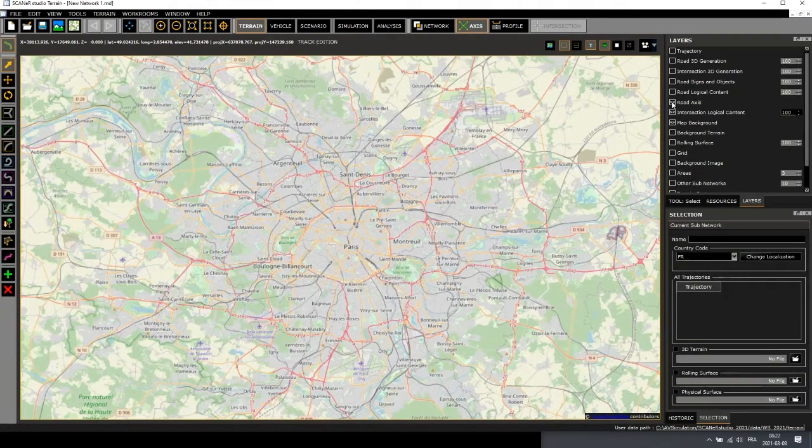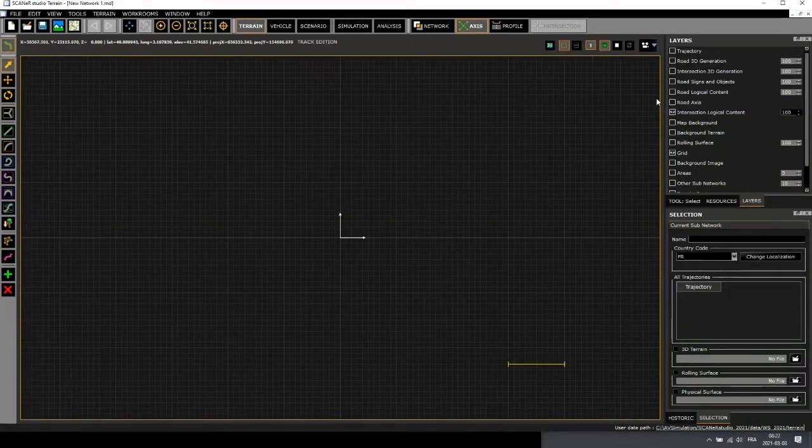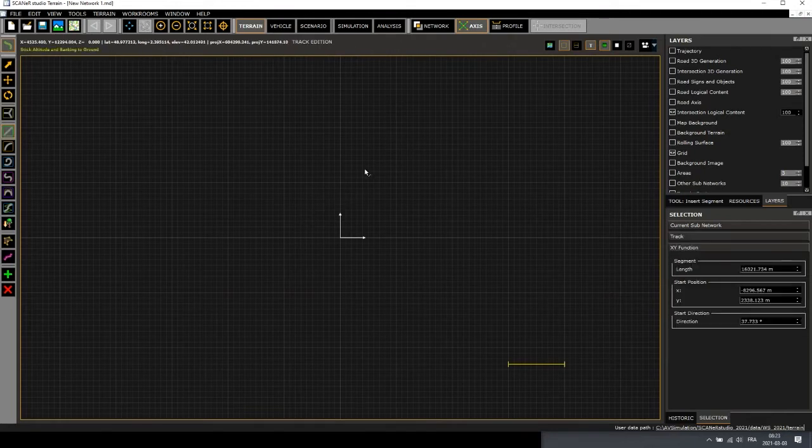So after that, let's create a new terrain from scratch. I'm just going to disable my map background layer. And now what I would like to show you is how to create, for example, a basic road. So I'm going to select my tool to create a track. And then to create your track, it's quite easy. You can just